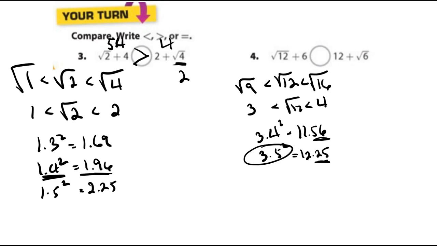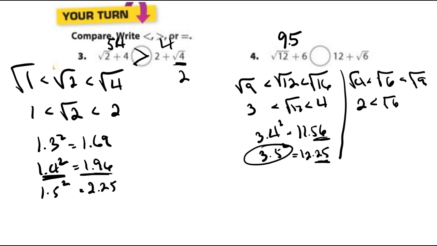So we have 3.5 plus 6, which is just 9.5. Okay, now we have to figure out the other half. The square root of 6 is between the square root of 4 and the square root of 9. So it's between 2 and 3. Okay, 6 is much closer, well, not much closer, but a little bit closer to 4 than it is to 9. So we'll pick